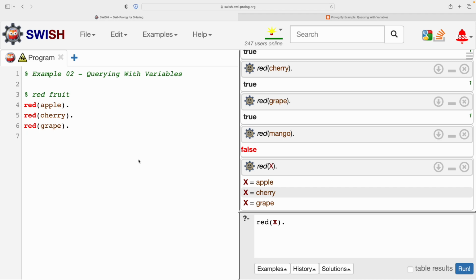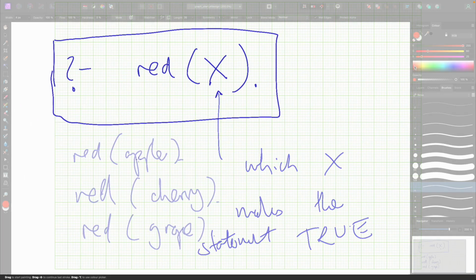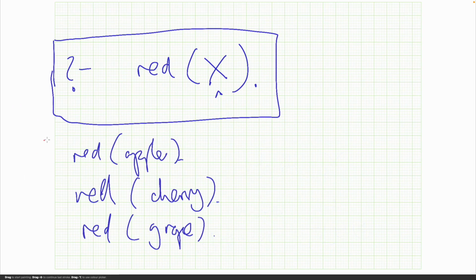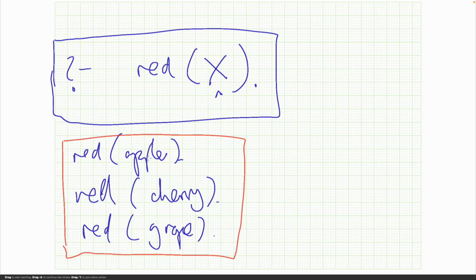Let's draw a picture. So this is the database. We've got red apple, red cherry, red grape, and the query is red X. It could have been Y, it could have been Fruit, as long as there's a capital letter at the start to indicate